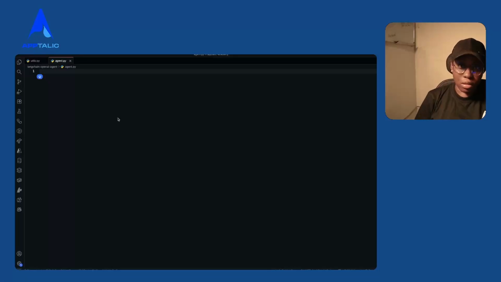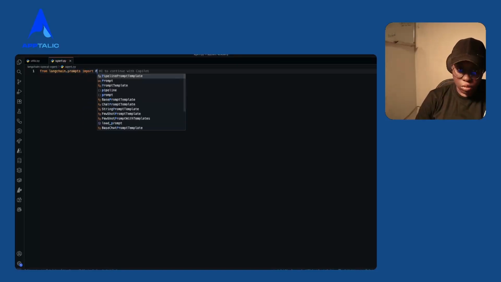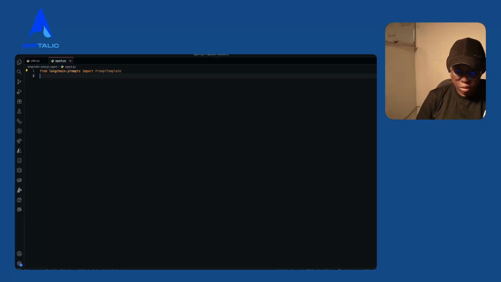Okay, so next let us define our tools that we would use in building our AI agent. And these tools would be built using Langchain. So we can say from Langchain dot prompts imports prompt templates, and we say from Langchain dot agents import tool, agents